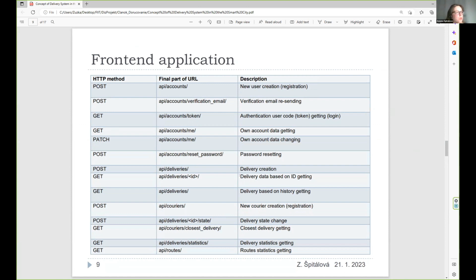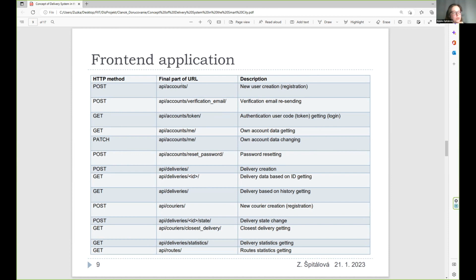So if I want, for example, a new user creation or verification of email, I normally use POST APIs, or maybe some requests for tokens or data changing. So we have GET or PATCH APIs or POST APIs.